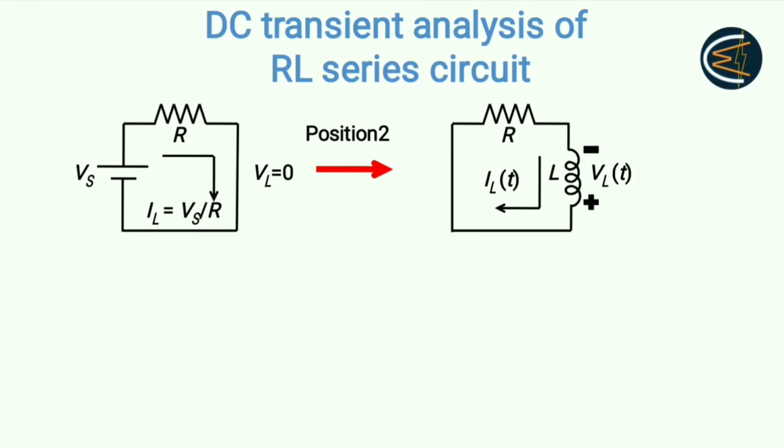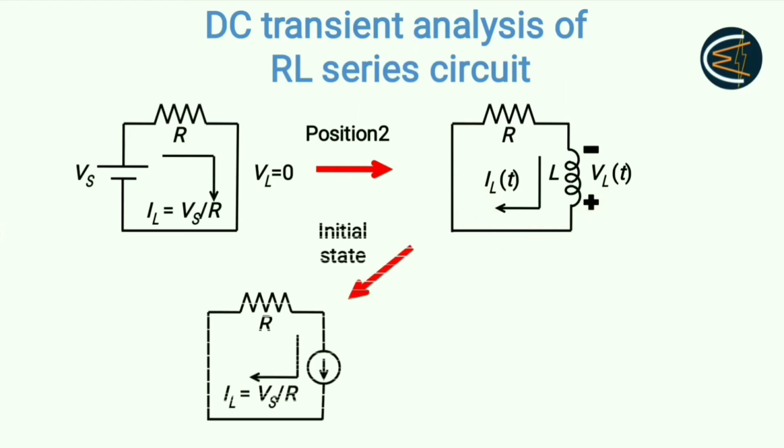Now let's see how this circuit behaves at the initial stage. So as you can see, at the initial state it behaves as a current source. Why? That I have explained in my previous video lectures, that you can go through first. Okay, so whenever the inductor has a previous value of current flowing through it, then it behaves as a current source at the initial stage when there is a change in the circuit, that means during transient. Okay, so for the very first time it behaves as a current source.